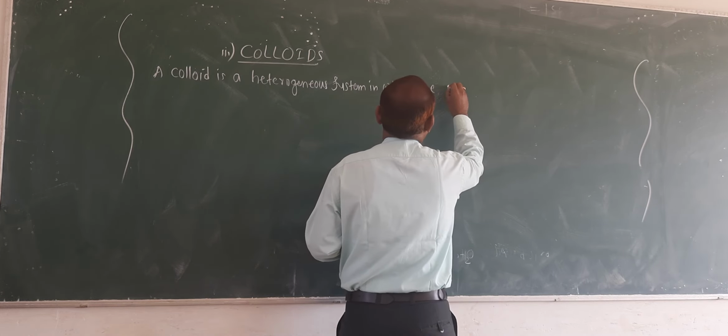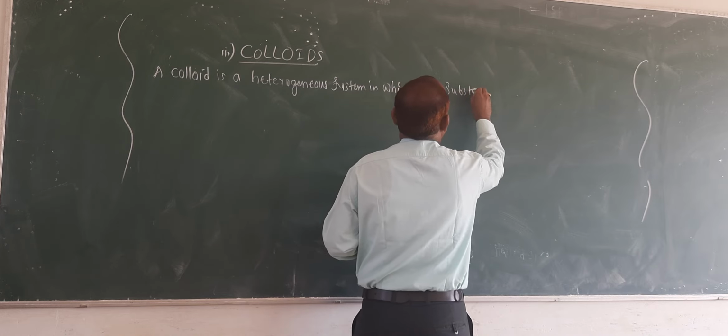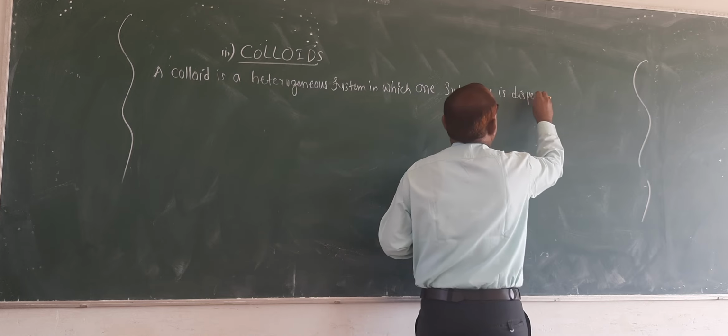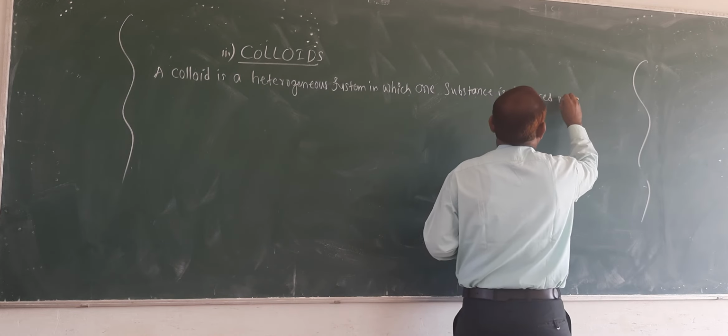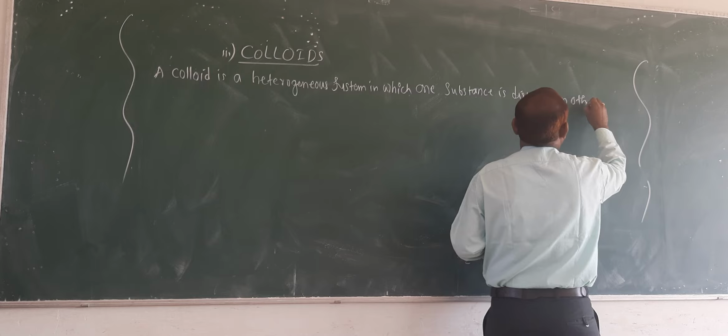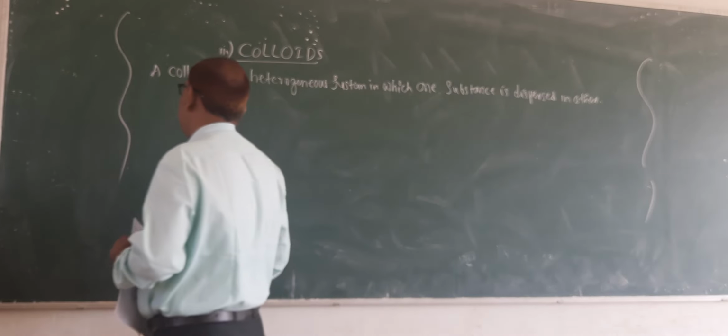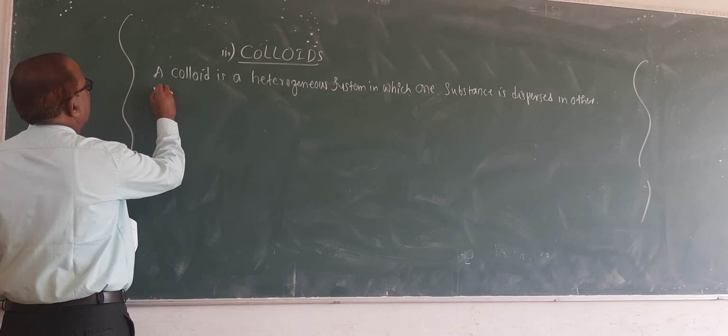One type of substance dispersed in another type of substance is called a colloid, or else you can give the exact definition based